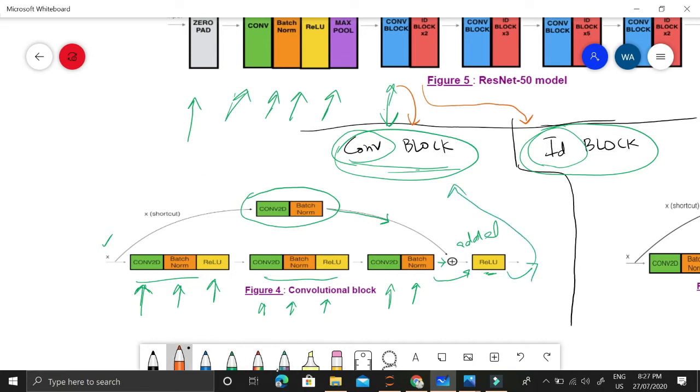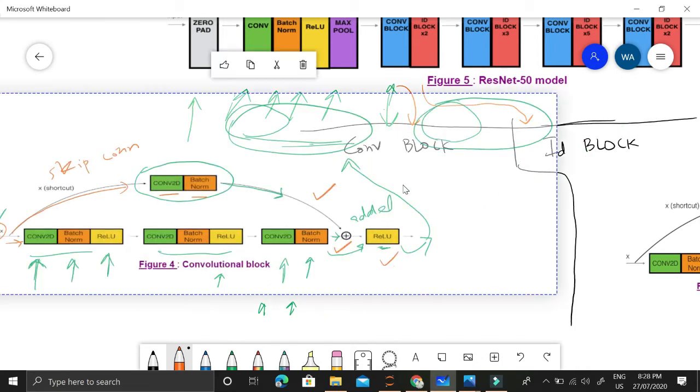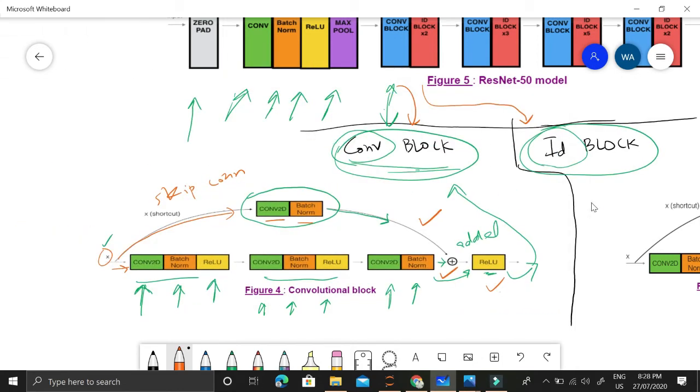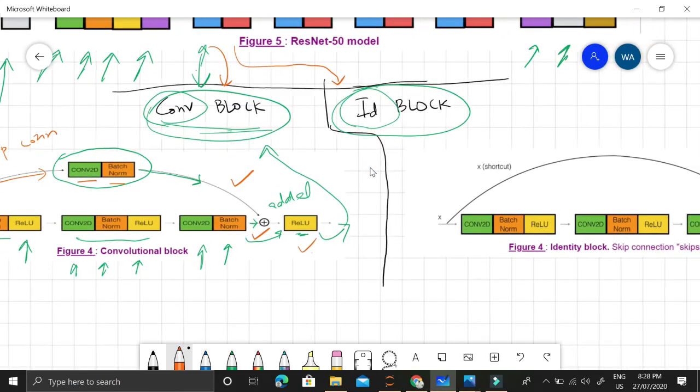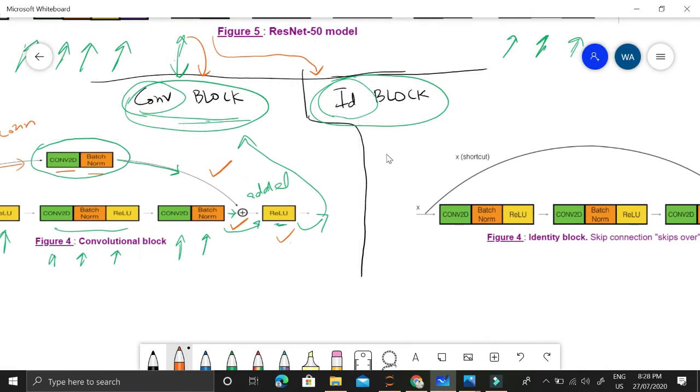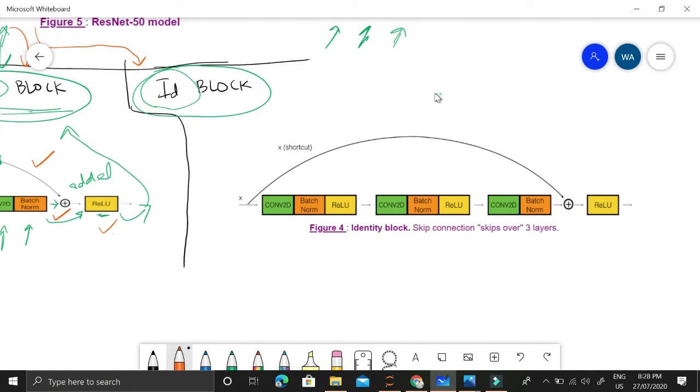So I think the whole process is really clear. This is simply going in sequence, but there are two differences. One, this input x to the conv block is used twice: initially in this Conv2D layer, and another time in the skip connection. This is what we call the skip connection. This skip connection goes through a Conv2D layer and a batch norm layer, and its output is added to the output of the main batch norm as an input for this ReLU layer. So we are using the input and output multiple times. It may seem a bit difficult, but it is really not difficult once I show you the code for the conv block function that we have written.